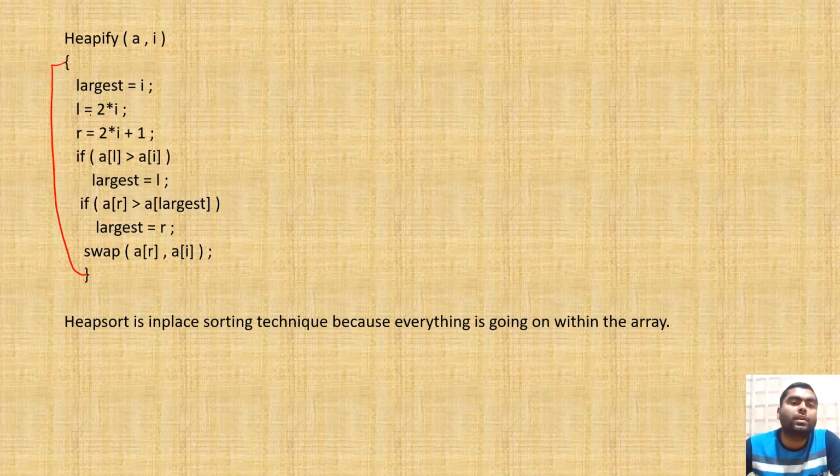तो उस ith नोड का लेफ्ट क्या होगा? 2 इंटू आई. राइट क्या होगा? 2 इंटू आई प्लस 1. So this is the left node, left of i, and this is the right of ith. Okay, now what will be this case? This case is